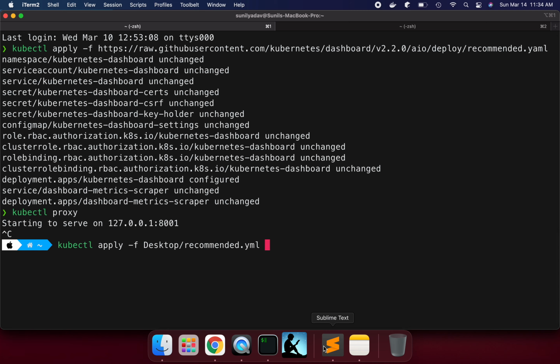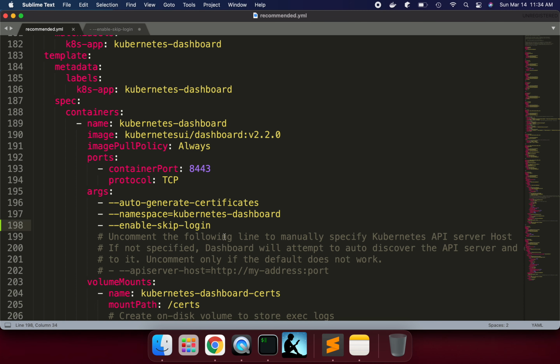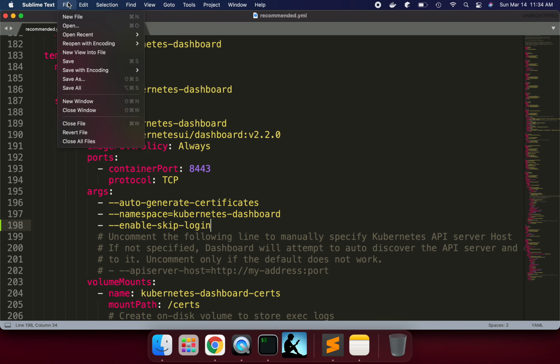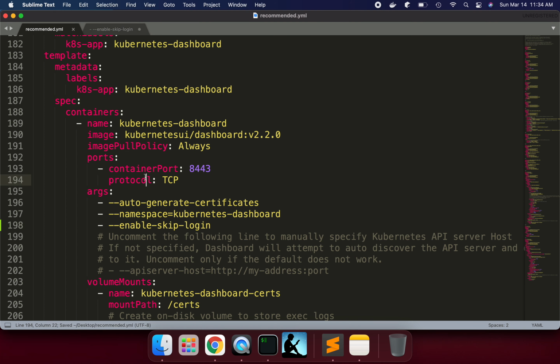If we run it, then we will see some difference, because I am saying I want to enable skip login. I don't want to generate the token. Let me see if it's saved or not. It should be saved.